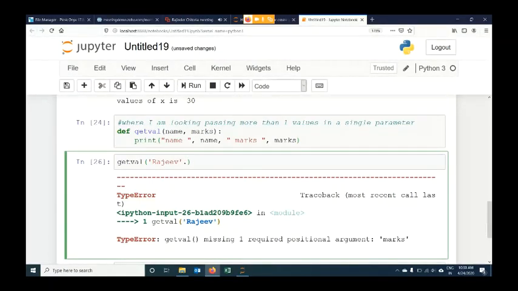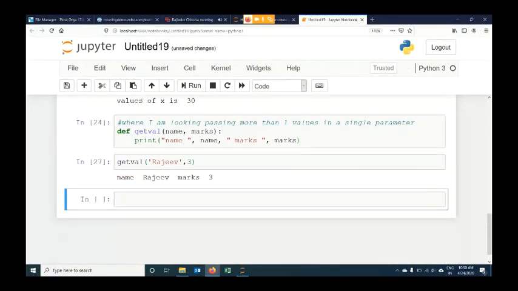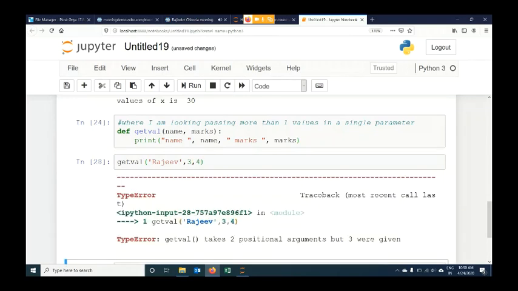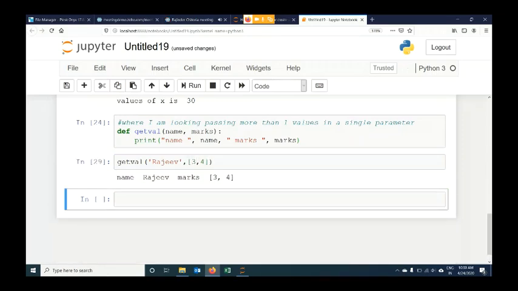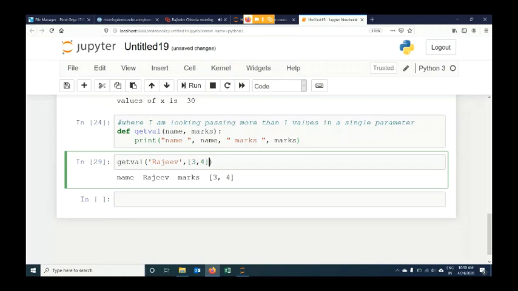Okay, good to go. Even though it is not available, I cannot give more than one value, because it's not specified in the parameter list that you have provision for accepting more than two values. As per the definition of the function, only two parameters were permitted. So you have two options: either you make it a collection and pass it to the function, or, if the user says I don't want to make this collection data like list, tuple and other things,